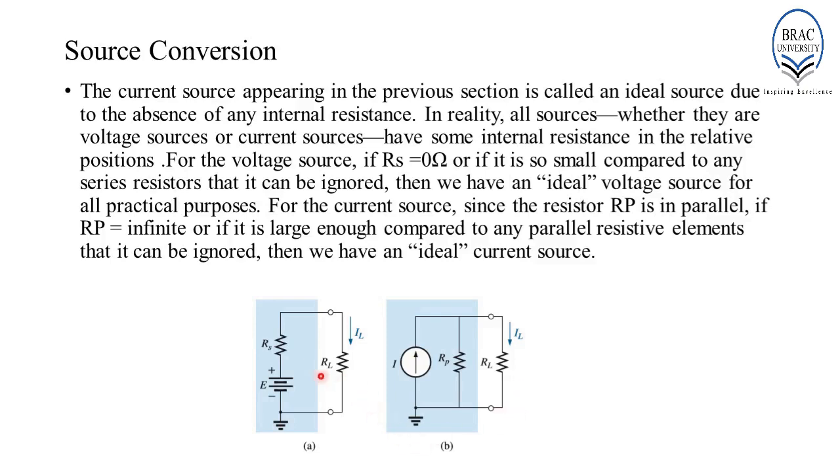If you observe carefully over here, there is a resistance Rs which is connected in series with the voltage source. This is basically the internal resistance of the voltage source and must always be connected in series with the voltage source. When we convert the voltage source to a current source, the series internal resistance Rs must now be connected in parallel with the current source and be represented as Rp. This conversion takes place using Ohm's law, that is, I equals